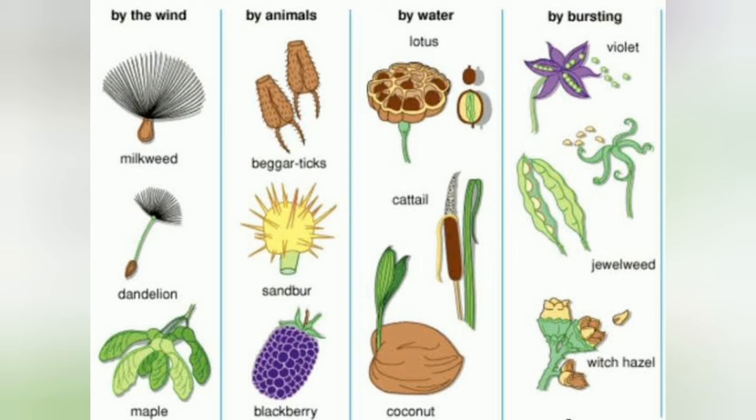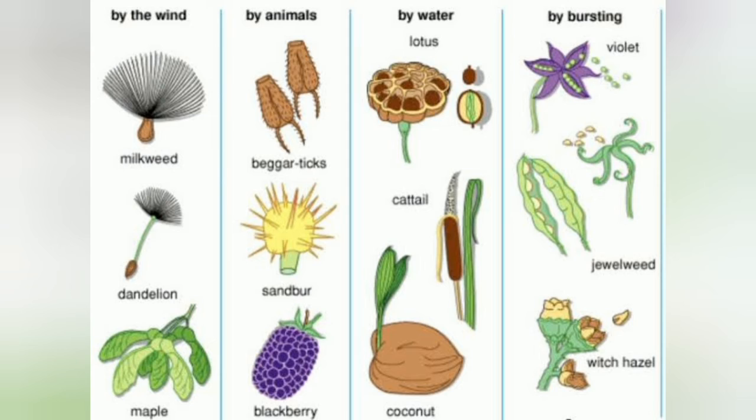There are some agents of dispersal. These are wind, water, animal, and explosion. Some seeds are carried away by wind as they are usually very small and light. These seeds have fine hair and wings due to which they are carried away by the wind. For example, the seeds of dandelion, cotton, and maple. They are carried away by the small fur on it to distant places.